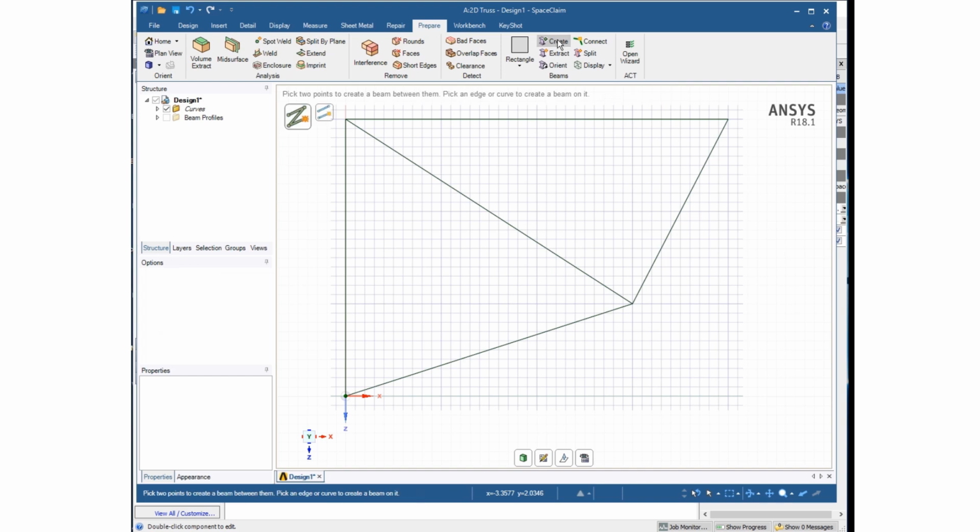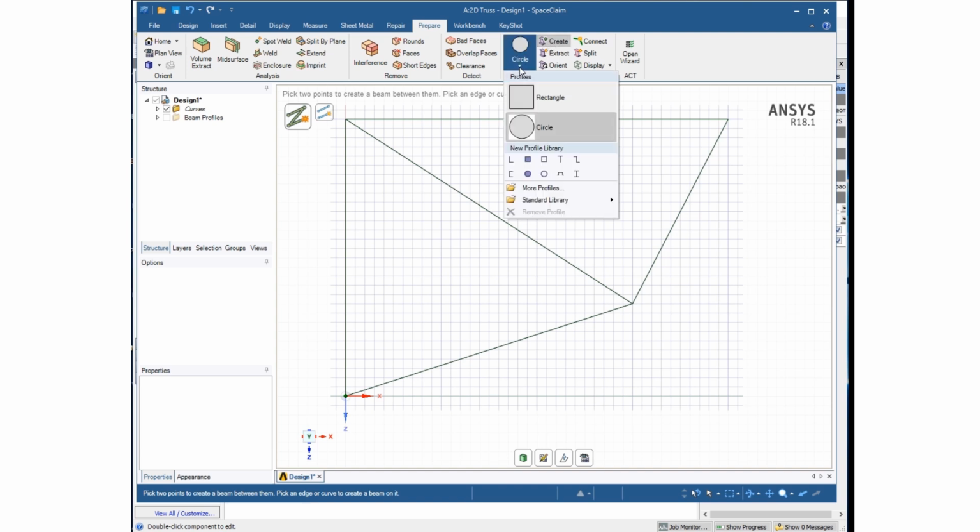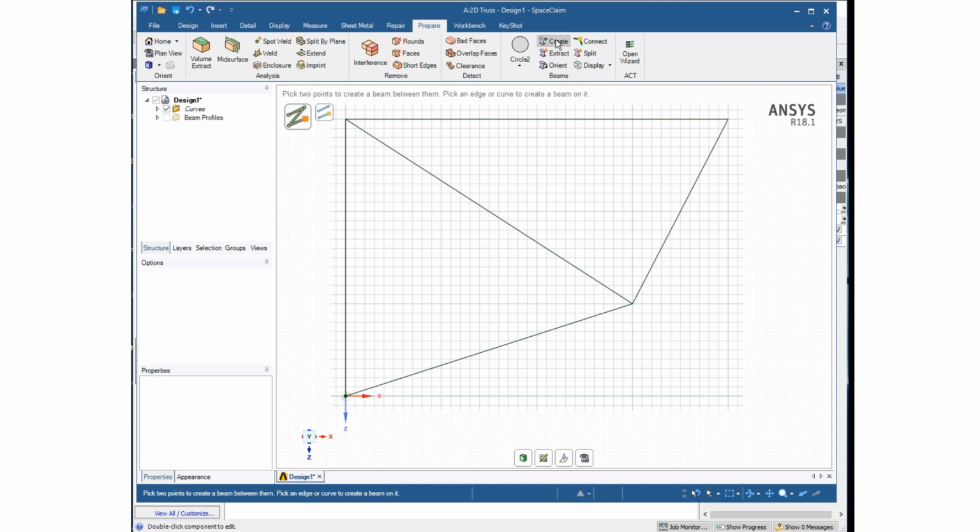The next one that I will create is a circular solid. So I'll come to the drop down and pick a circular solid and hit Create. Now I have circular solids of different cross sections, so I will go ahead and insert another circular solid and click Create. I have a